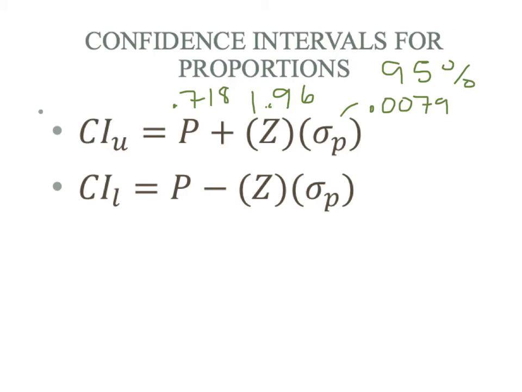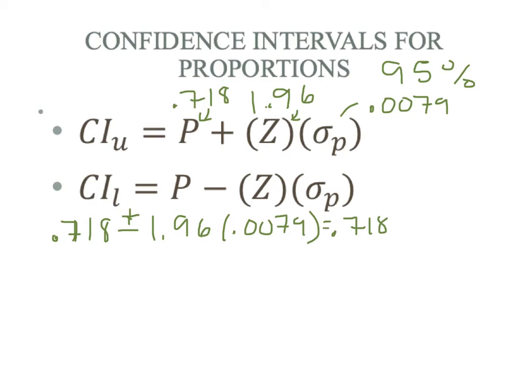0.0079. And so we are going to basically plug these numbers in, and we are going to calculate our confidence interval. So we are going to have 0.718, and if you're lazy like me, you can do plus and minus, so you can just write it once instead of writing it twice. 1.96 times 0.0079. So I'm going to have 0.718 plus and minus